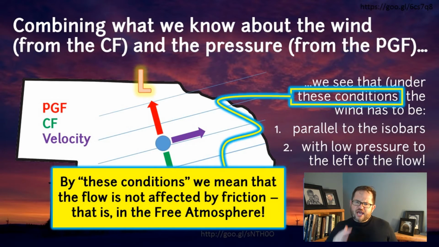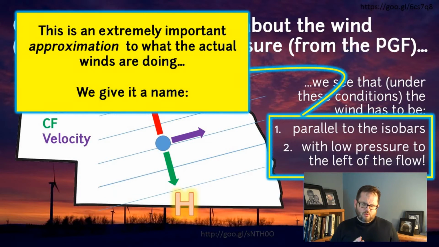Alright, so under the kind of conditions we would see farther above the ground than a kilometer or two, we are seeing that the winds are going to be parallel to isobars, and they're going to have low pressure to the left of the flow. This is important. This is an approximation. The real wind is not necessarily